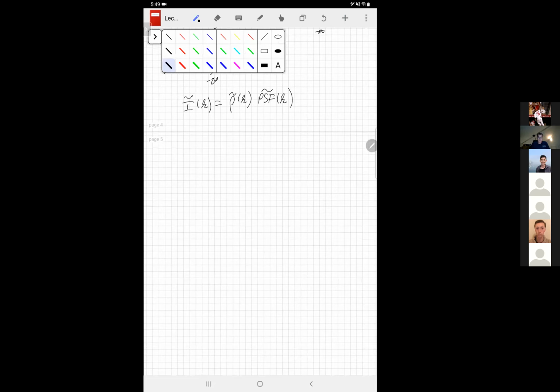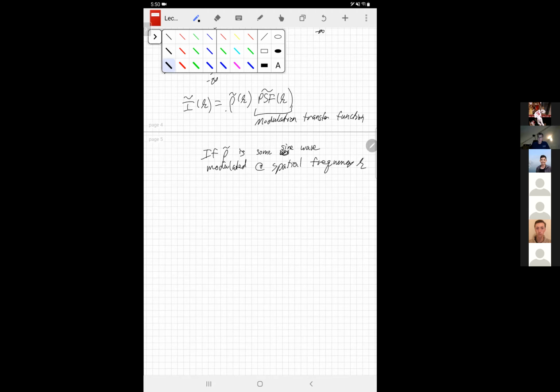Now, what does that mean? Well, this thing is called the modulation transfer function, okay? Because what it's saying is, if I have rho of k, if rho is some sine wave modulated at spatial